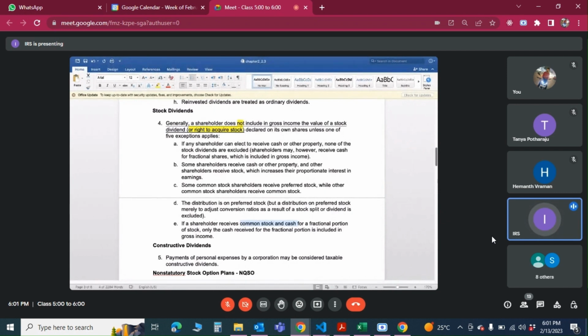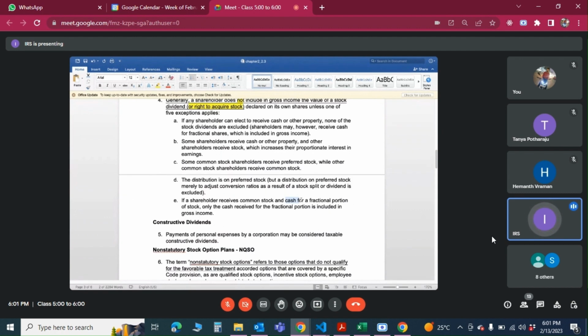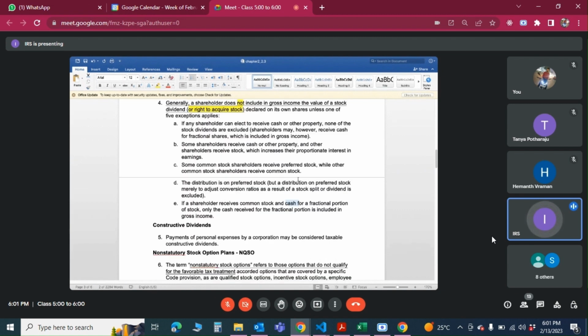If any of those conditions happen, then we have to see what is the total fair market value of the stocks given and how to calculate the taxable portion of that stock dividend. Maybe the fair market value is high or low, and all those things will come into the picture. Or if there are different kinds of stocks, what is the value of preferred stock versus common stock? Or how much cash is given, because cash is cash. Cash doesn't have to have a fair market value, right? So we can exclude that part and then apply FMV to the other properties or any other stocks given.